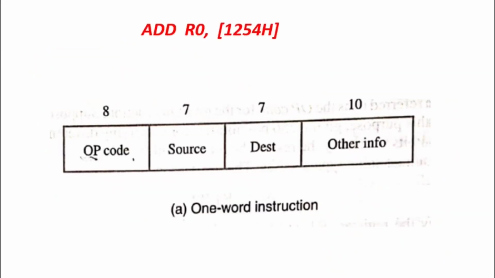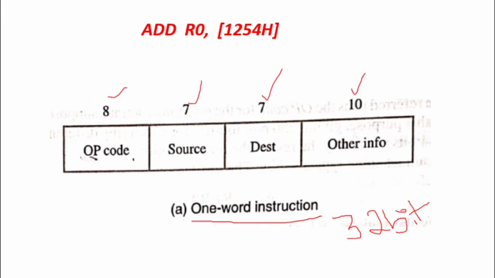Now let us see some general formats of encoded instruction. Here one format is the one word instruction. That means here we are considering one word as 32-bit. So when one instruction is converted into binary format or encoded, that instruction consumes together 32 bits of the memory. And here the format is just like this. First 8 bits are the operation code. Operation code is nothing but a unique number assigned for every operation in the instruction. For example, I am here using the add operation. So add will have a unique number assigned. That 8-bit number is stored in the first 8 bits of the encoded format.